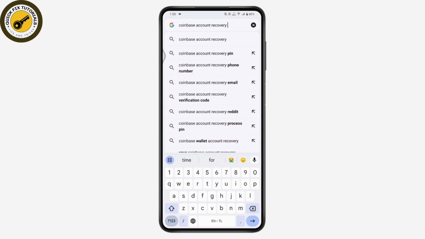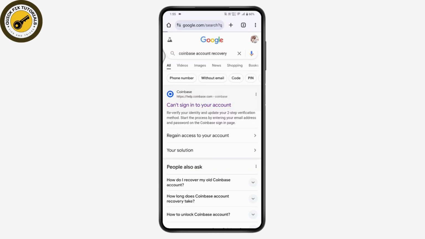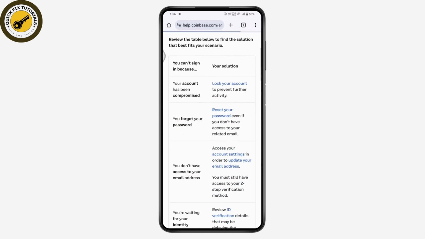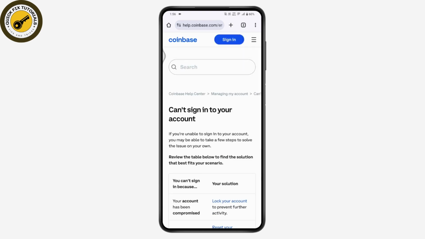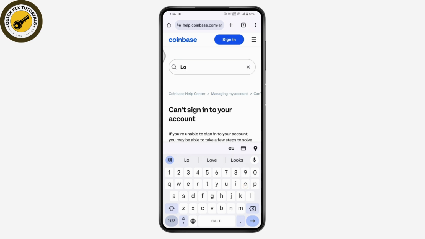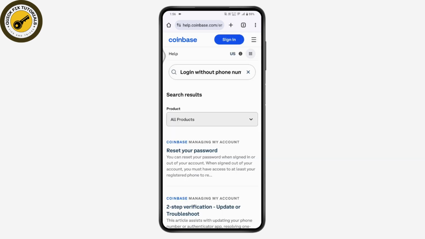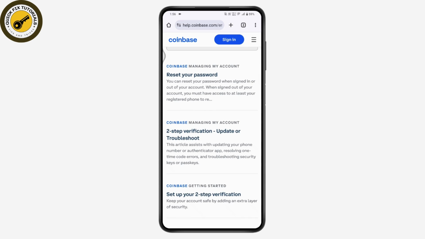So simply search for Coinbase account recovery, and once you've searched, you will have "can't sign into your account", which is on the first. Tap on the help center on your Coinbase and scroll down, or if you don't find the option of login without phone number, then you need to simply go for the search and search for login without phone number. Once you've searched, here you can scroll down, and here you will have the sign in option